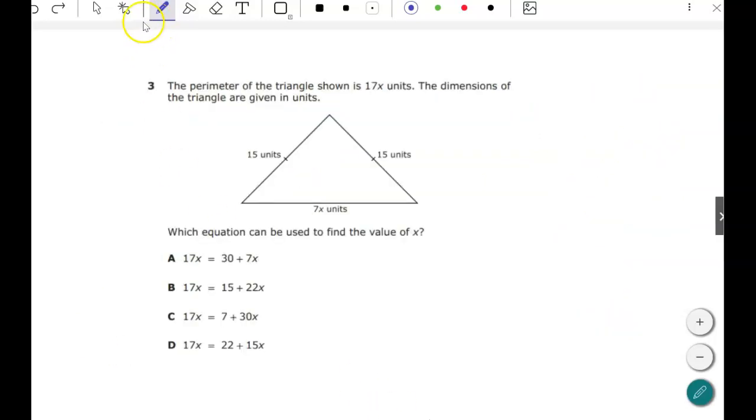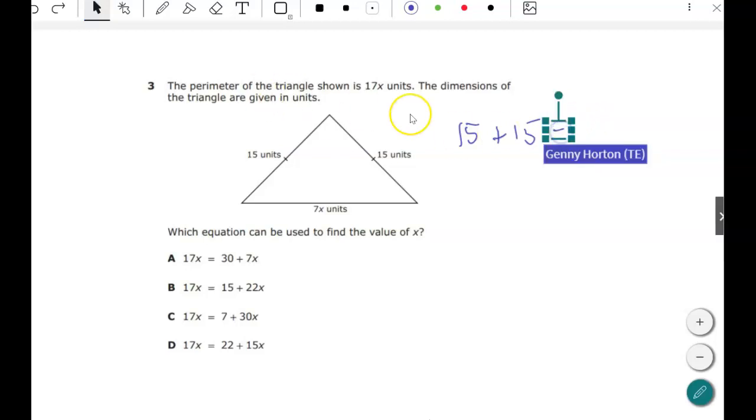Next question. It says the perimeter of the triangle shown is 17x units. The dimensions of the triangle are given in units. So we have 15, 15, and then 7x. Which equation can be used to find the value of x? Perimeter is the distance around it. So let's set that up as 15 plus 15, and we still need to add in the 7x there, adding all three sides. So plus 7x